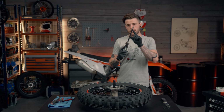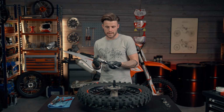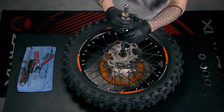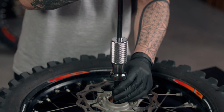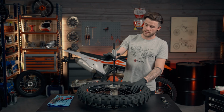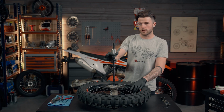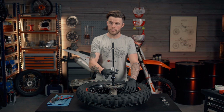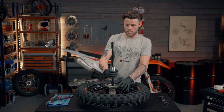On this end of the slide hammer, we've also got a thread. That's going to tighten up into that end of the die, making sure that it's done all the way up so it's nice and firm, like that. And then very simply, the way the slide hammer works is the stop here acts as the hammer part. So as you knock it, it's going to pull the bearing up out of the wheel. So without further ado, now that that's all secured in there like so, you're going to simply